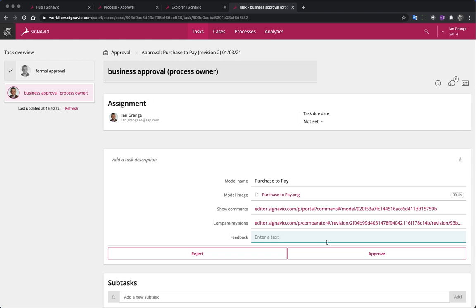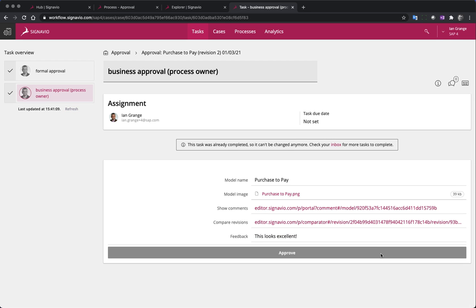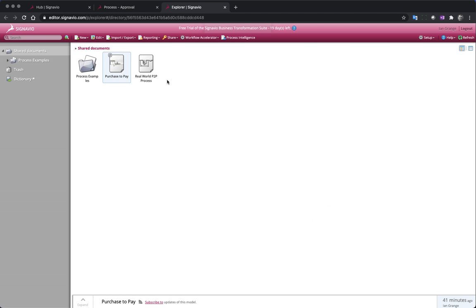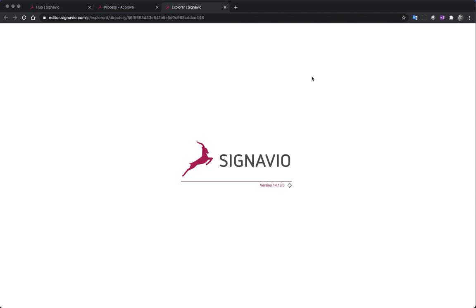I can also add comments against the workflow of this as I approve it. And there we go, that process has now been approved. If I close down my Task Explorer here, if I just look at the page I've got here, maybe just quickly refresh that,